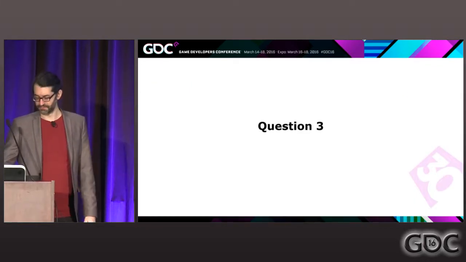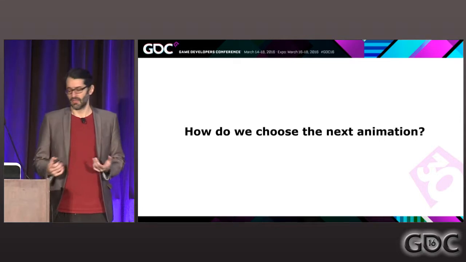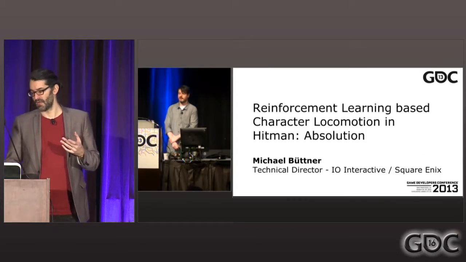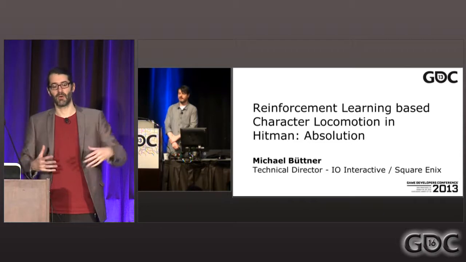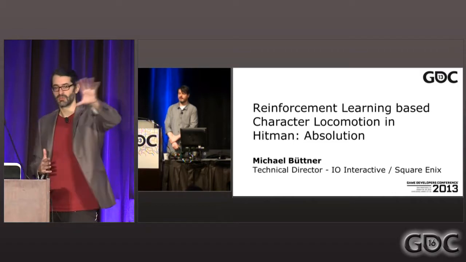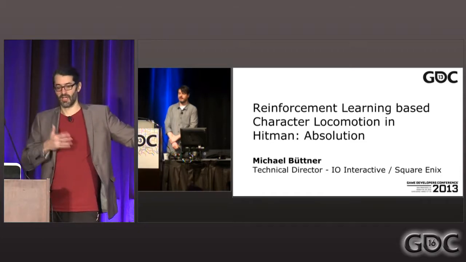So, question 3. How do we choose the next animation? There's a couple of things you can do. One idea is to use the concept of machine learning. It's called reinforcement learning. As a preprocess, you can see how good an animation is to reach a specific goal. Let's say you preprocess for each goal, like for discrete directions you want to turn. If I want to turn left, you're going to